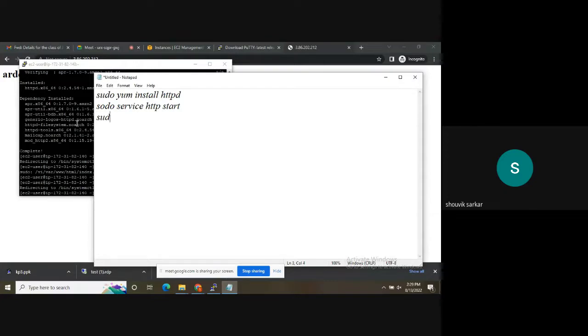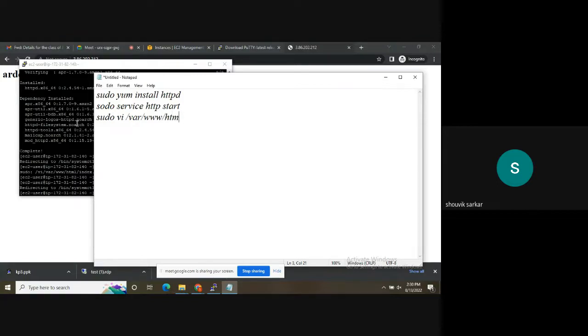Now, after installing, we need to write sudo vi, the root directory, within the www folder, within that